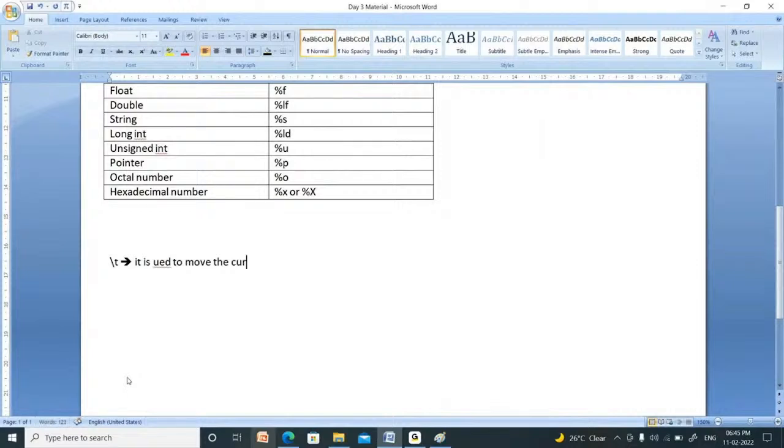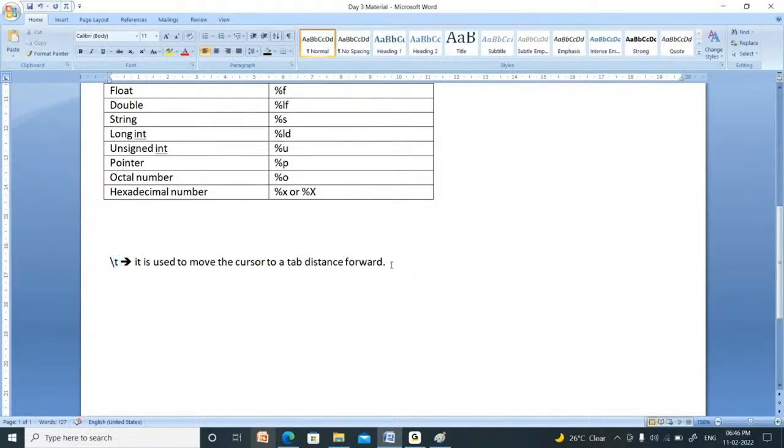The one that is blinking here is known as the cursor. If you want to move the cursor a tab distance forward, in the forward direction, we have to write \t.